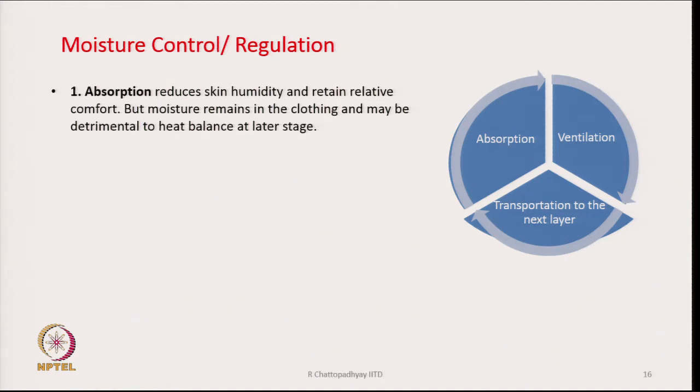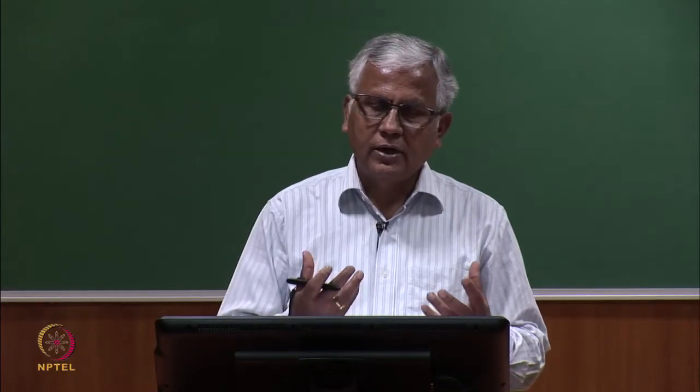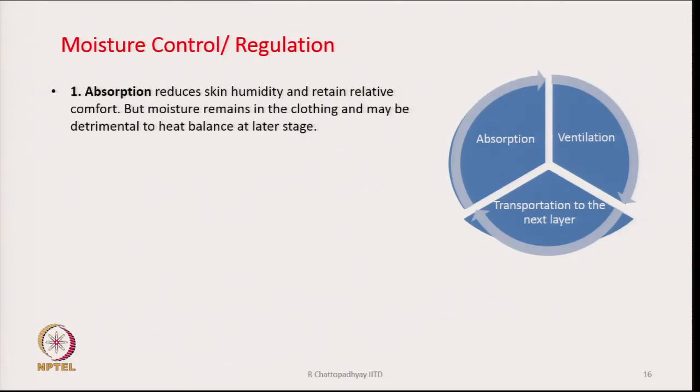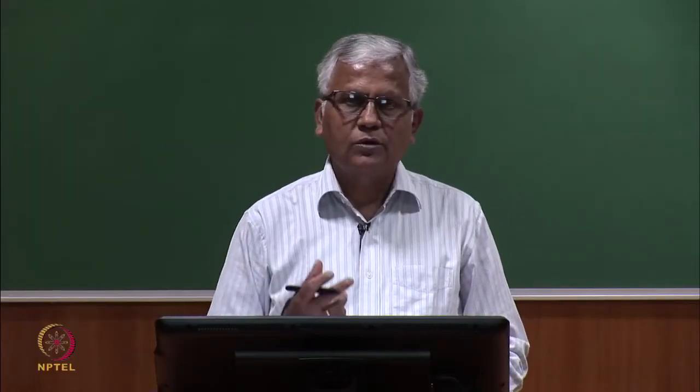So, suppose we have a layer of fabric next to our skin, which is very good from the point of view of absorption of moisture, then whatever moisture is getting generated, it is getting absorbed, because I have a layer of fabric surrounding the skin which is absorbing the moisture immediately. So, skin will remain dry. One can think such a situation may be very good. That means I must have a layer of material which will be able to absorb the moisture. So, we have to look for fibers which can absorb moisture quickly, but